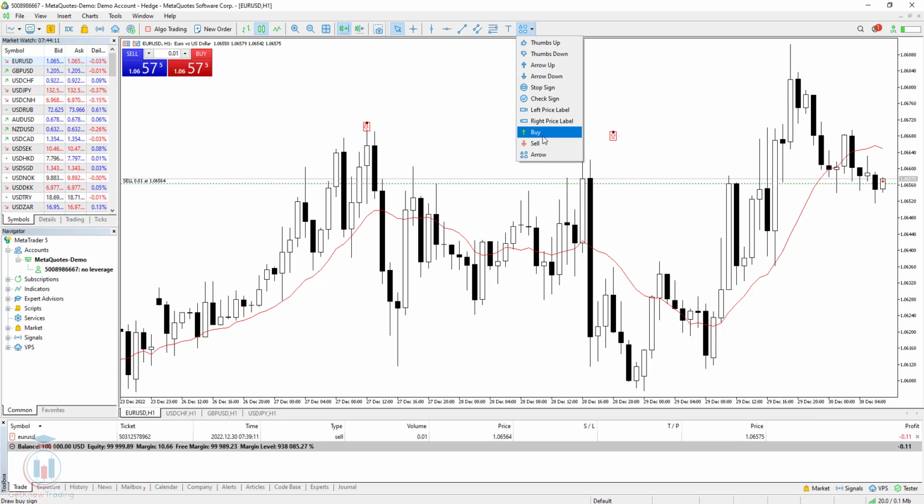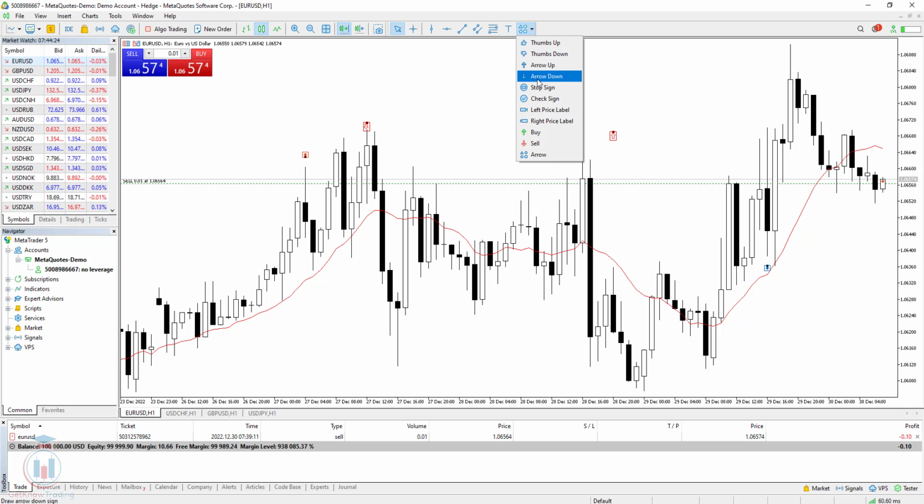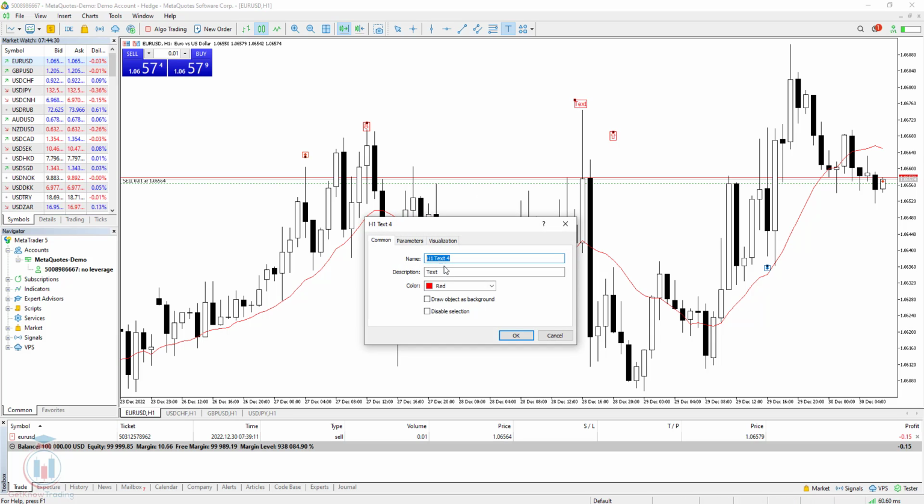Then you can also put this arrow buy, which represents an entry point for a buying order. Then you can also use a sell information, and also there are other objects that you can use. Then you have here a draw text, which means you can put some kind of text here, for example,